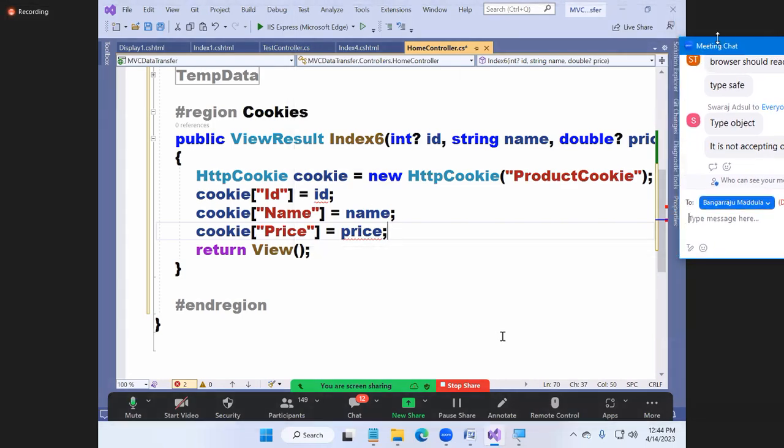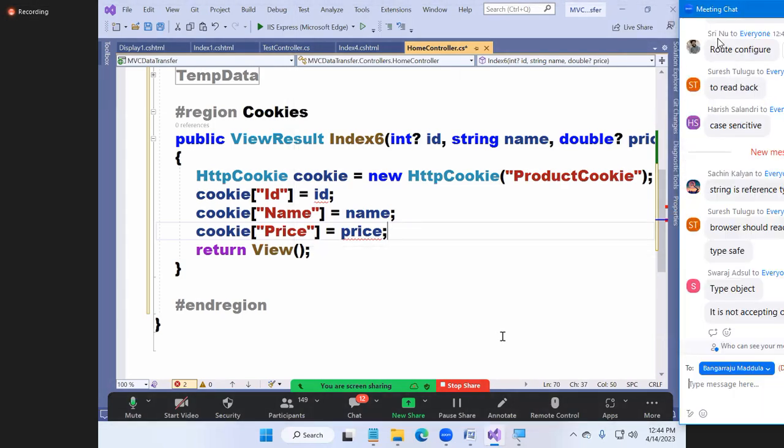But here we are getting an error, so what is the meaning? It's not accepting object. Then what does it accept, sir? It accepts only strings. So use ToString. Understand here, while assigning also, conversions will be required. While accessing, we'll see whether conversion is required or not. Okay, now? Next.